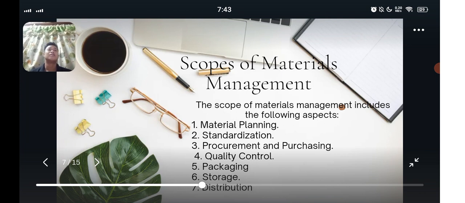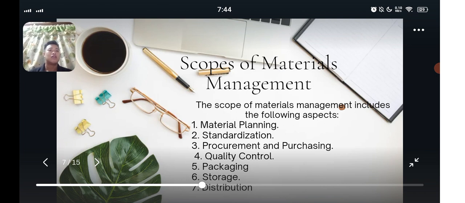So the next one is quality control. The term quality control refers to the processes used to identify and quantify variation in output characteristics related to the production systems, as well as corrective actions. The purpose of inspection in quality control is to examine and confirm the variance data. So that's for quality control.